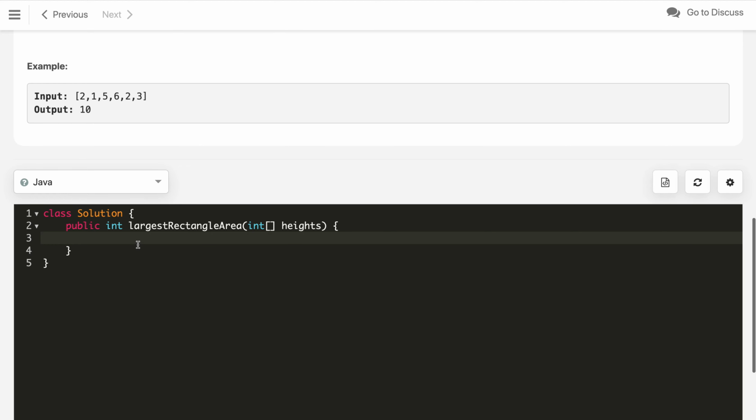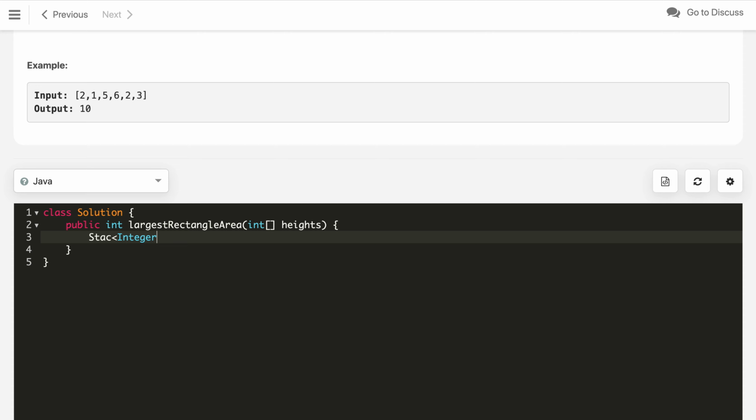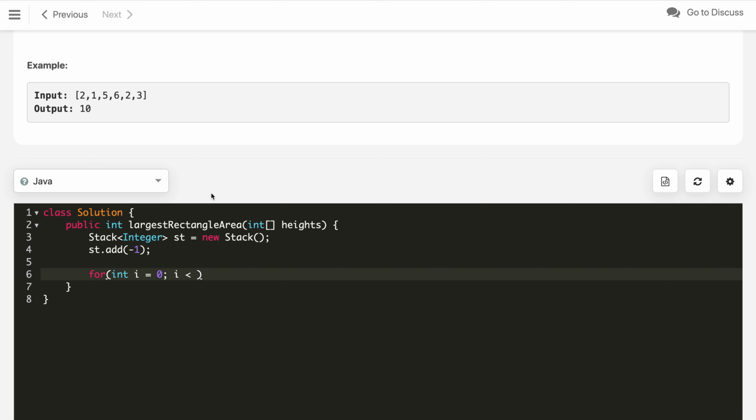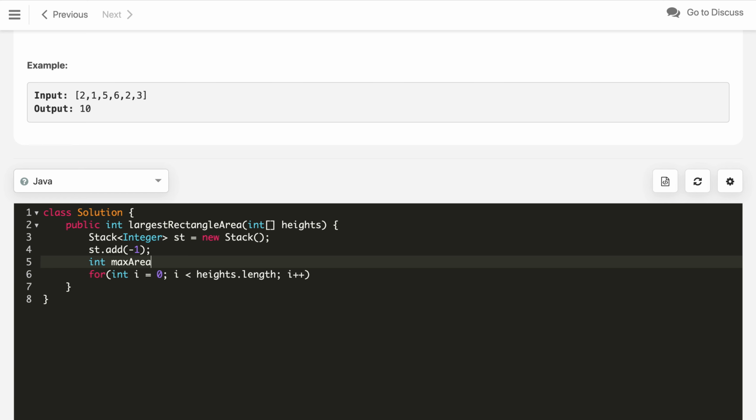For the code, we need one stack, from the Stack class, let us say stack, and we will add the imaginary index -1 here. Then we will iterate from i equals 0 to height.length, i plus plus, and we will also create a variable maxArea that will track the overall maximum area, initialized to 0.